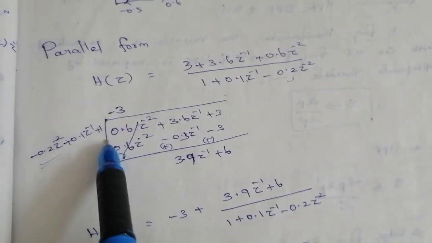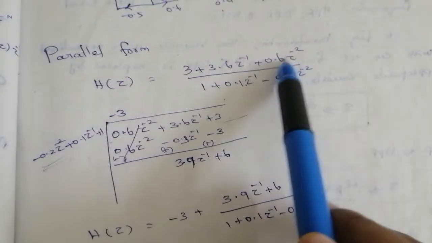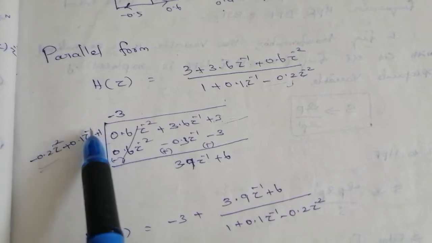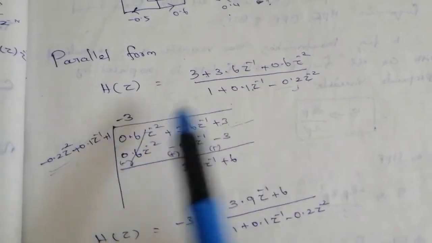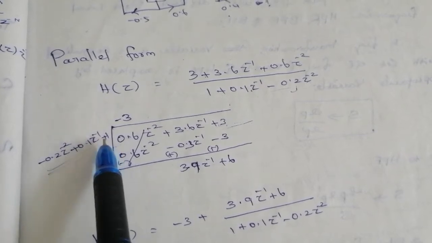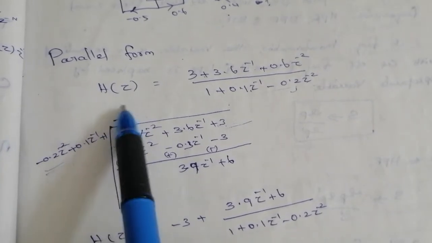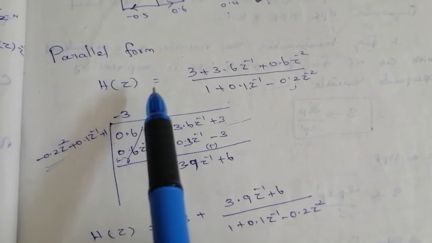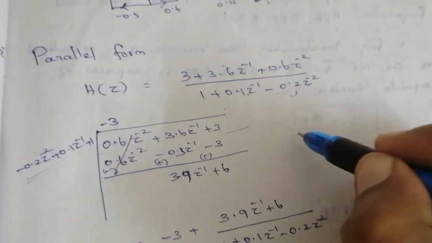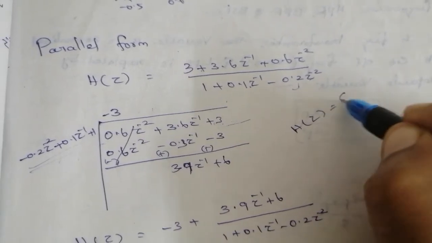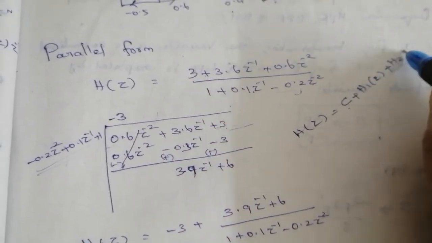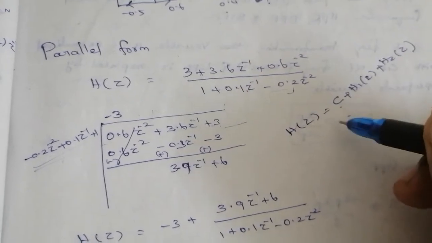So we have to arrange this form, that is 0.6 z power minus 2 plus 0.36 z power minus 1 plus 3, divided by minus 0.2 z power minus 2 plus 0.1 z power minus 1 plus 1. The main aim is to find the one constant, because in parallel form structure, the general structure is H of z equal to c constant value plus H1 of z plus H2 of z. Okay, so for arranging